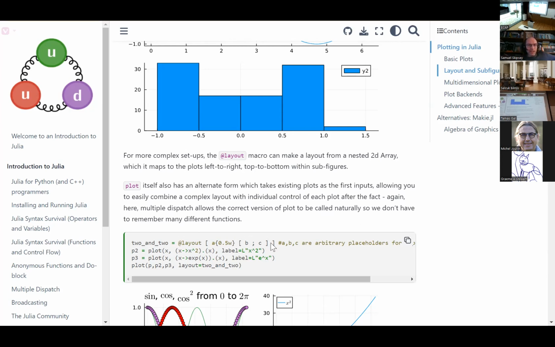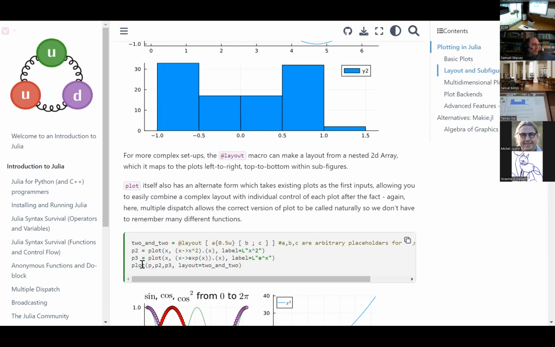They're just placeholders to indicate something goes here. So we have 1, 2, 3 spaces, subfigures, that are arranged as one full-length column, and then a column divided into two vertically. And then I'm going to define some plots, P2 and P3, which I'm saving the values of,